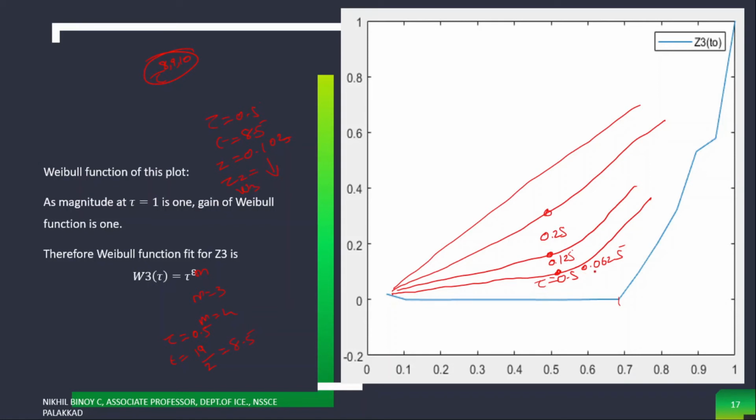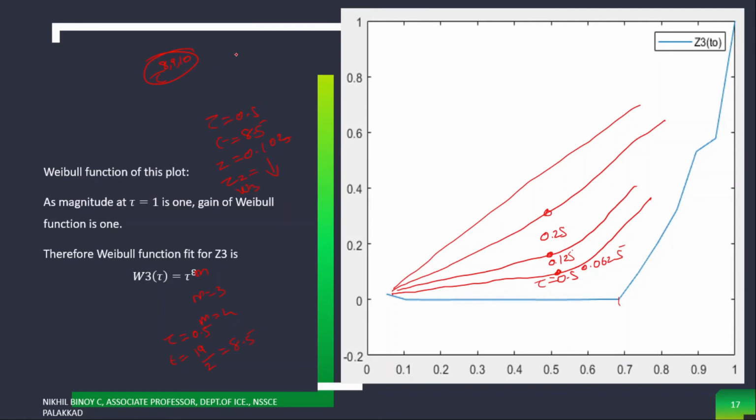Why do we have t equal to 8? Because tau is equal to t by 19. So tau equal to 0.5 means t by 19 is equal to 0.5. So t equal to 0.5 into 19, that is something around 8 or 9. Sorry, not 8.5, 9.5 is the exact value. So we can take either 9 or 10, because we have integer values, because delta t equal to 1. So we can take either 9 or 10.